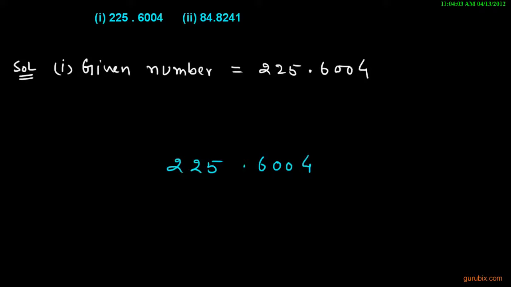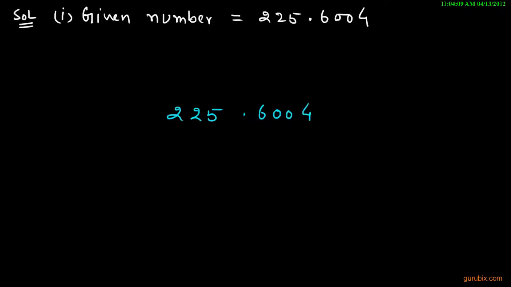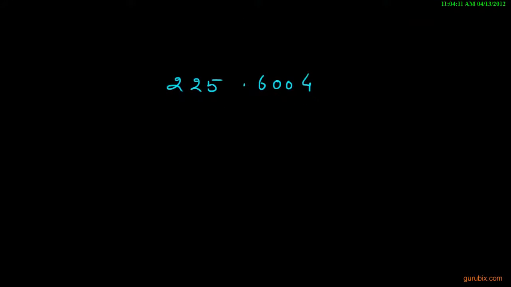First of all we shall write this number in the middle of the sheet like this, and now we shall place a bar over each pair of digits on both the decimal part and the whole part of the number,